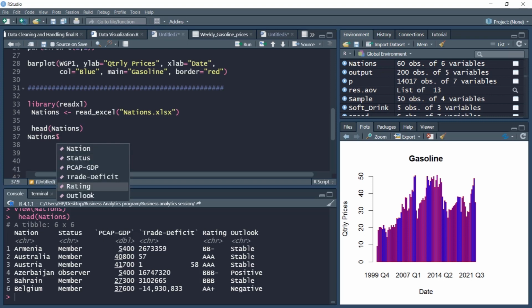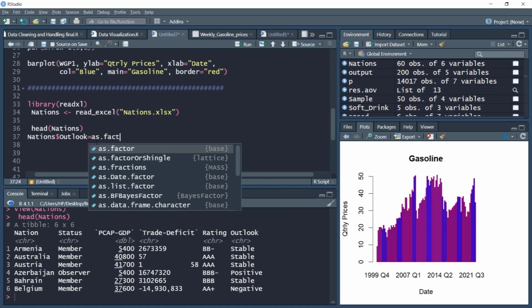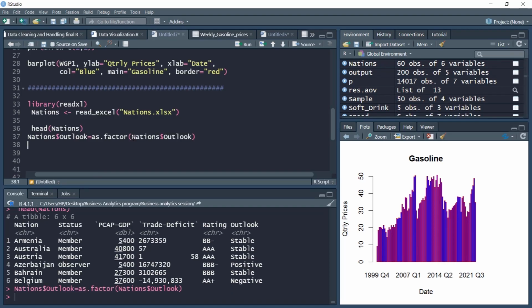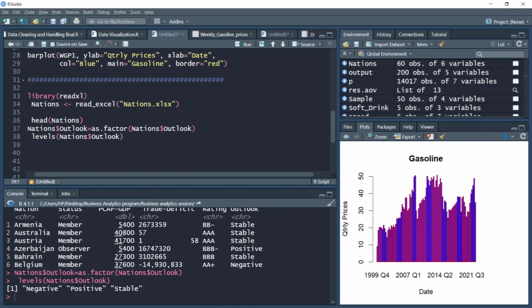We have discussed a lot what a factor variable is. We can use as.factor or simply the factor command to tell R that this is a factor variable. Now that we have explicitly stated it as a factor, let's check the levels of this factor variable. So we find that there are three levels: negative, positive, and stable.